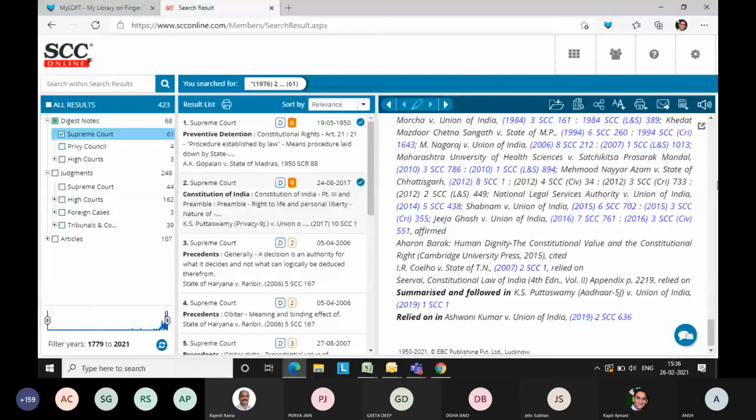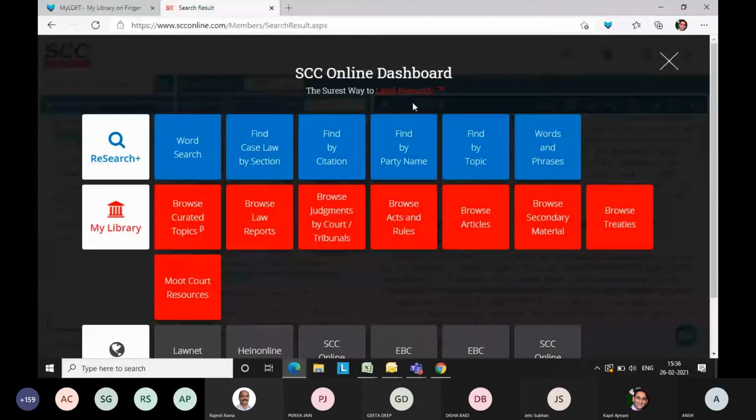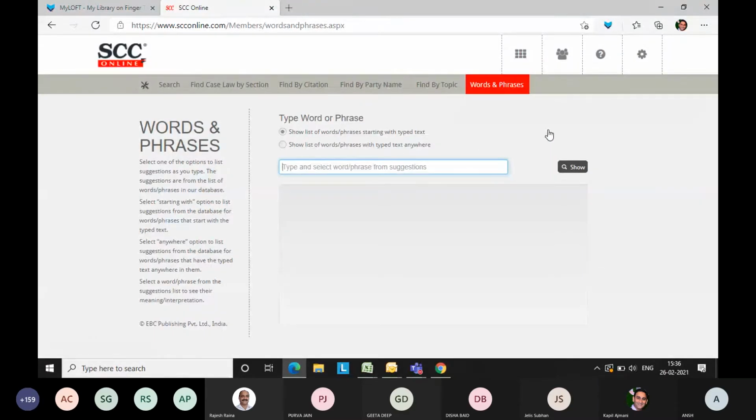Then coming back to the dashboard, apart from party name and citation, you also have words and phrases. If you go to the last option of words and phrases, you will get to see the definitions of various keywords of law, phrases or words, I should say.